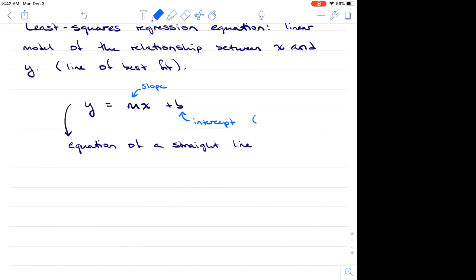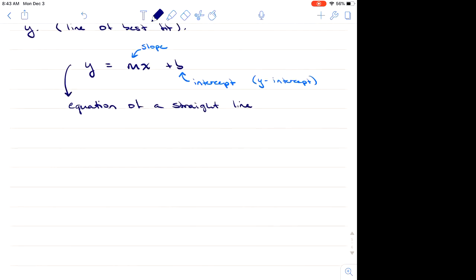I'll just call it the intercept. It's actually the y-intercept. Of course, there's an x-intercept, where the line crosses the x-axis. We're not going to be interested in that. We're always just going to talk about the y-intercept. Or in our case, on our formula sheet,